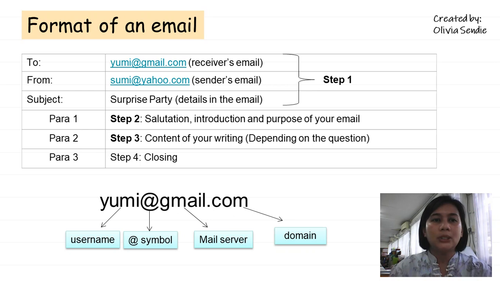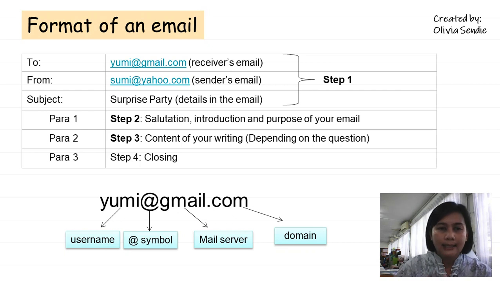And then step number 2 is salutation, introduction, and the purpose of your email. Why are you writing the email? Okay, step 3 for paragraph 2 is the content of your writing. Well, the content of your writing depends on the question given. And lastly is paragraph 3, step 4, closing. Okay, now look at the example email that I put down there,